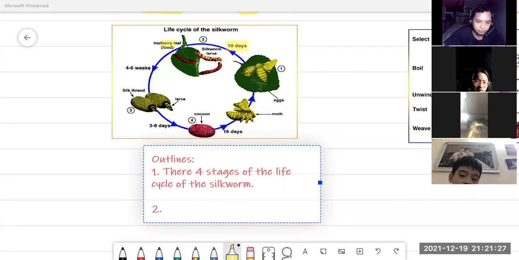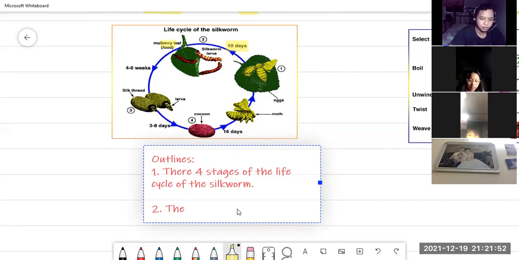Okay, where does the silkworm begin? Where does it start? The silkworm begins from the eggs on a leaf. Okay, so we can say that the life cycle,